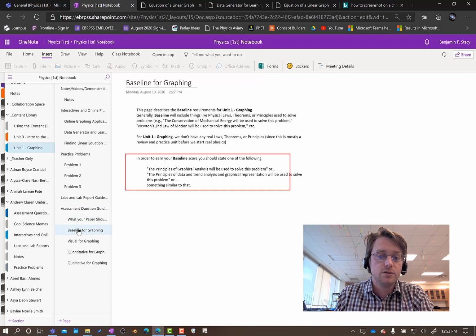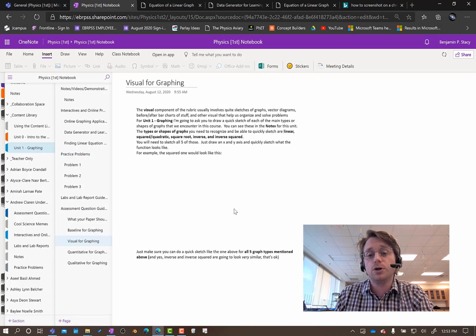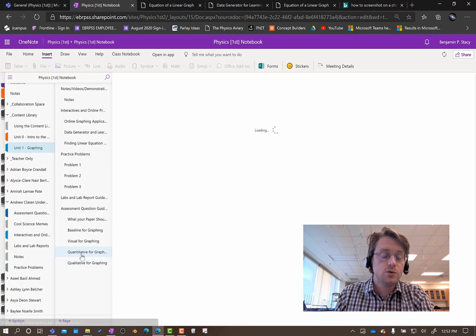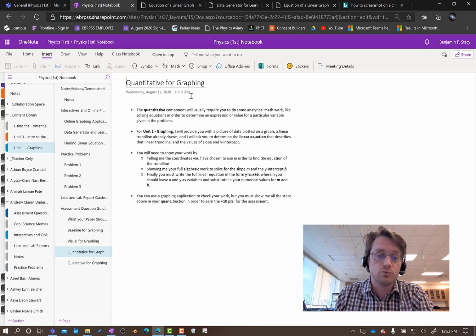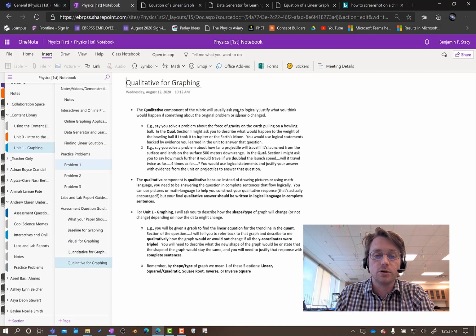I have the baseline component, which is one component of the rubric, and it tells you exactly what I'm looking for. The visual component of the rubric tells you exactly what I'm looking for. The quantitative or math component of the rubric, and what I'm looking for. And the qualitative component and what I'm looking for. We'll always have all of these sections